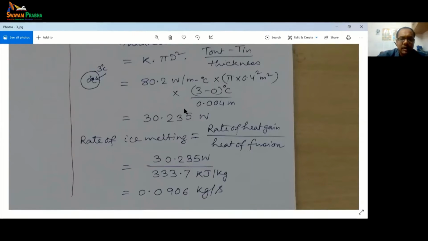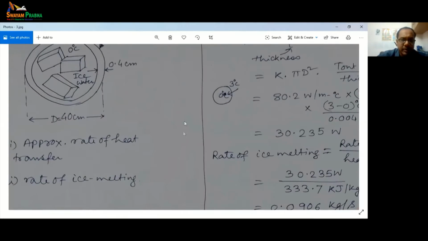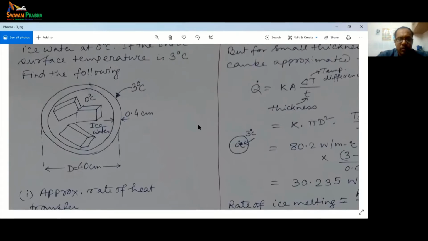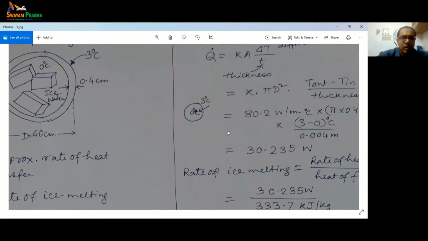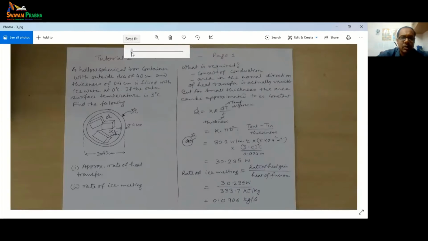Okay, so what we learn here is the basic concept of heat transfer, one of the major forms of energy transfer that we talk about in the first law of thermodynamics, right? Heat and work. This is a case where we looked at the steady state approximate heat transfer equation, and we solved for the rate of ice melting. So that gives you the first problem, where we talked only about heat transfer.